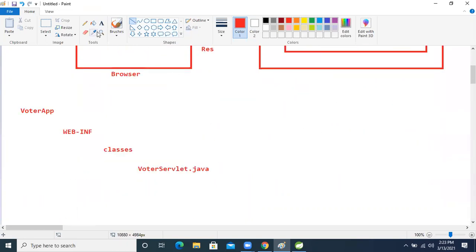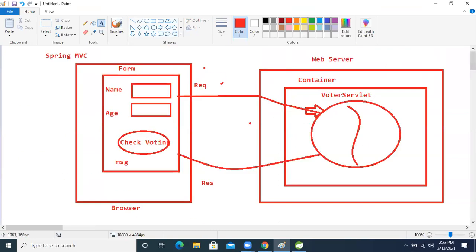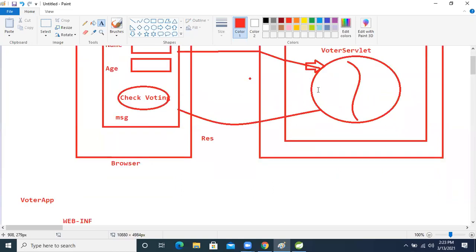For that, we are configuring this servlet in XML configuration, in web.xml. There we are giving instructions to the container, means the web server: this request is coming for this servlet, you have to instantiate it based on the URL.